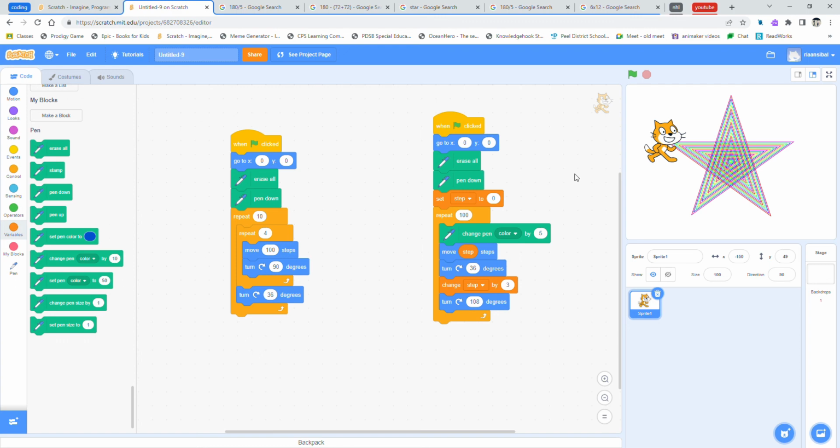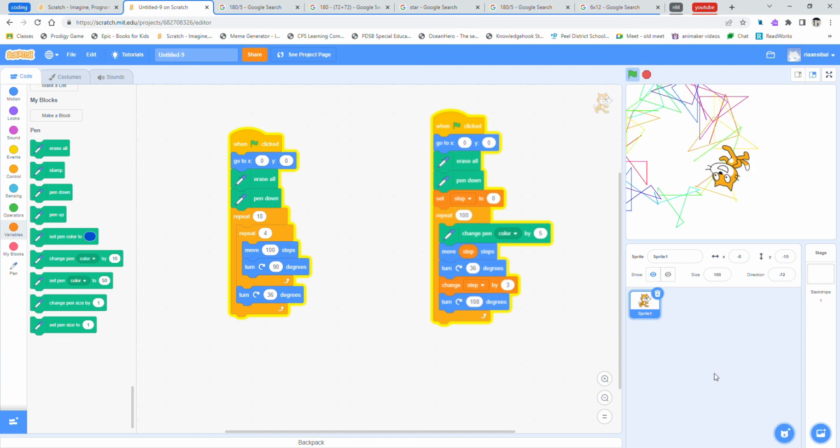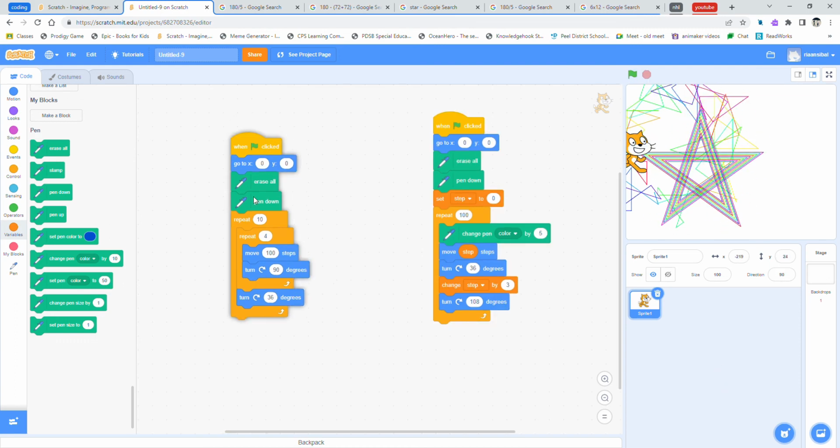And if you're wondering how they look when they're together, it's weird. Yeah, when they're together. But when they're not together,